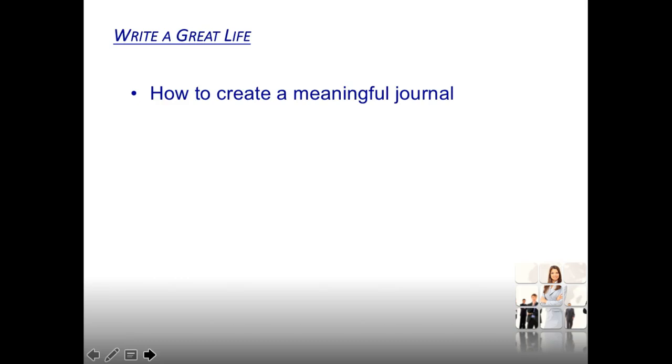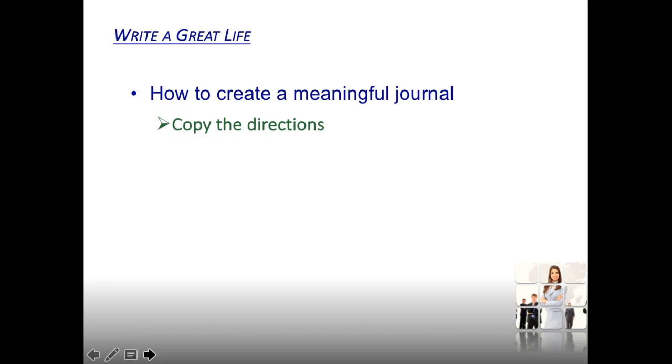So we also need to discuss how to create a meaningful journal. Your textbook identifies 5 steps you should follow to create a meaningful journal. Therefore, for each journal in this class, you will be asked to follow these 5 steps. First, copy the directions for each step into your journal. Then respond to each question or direction.